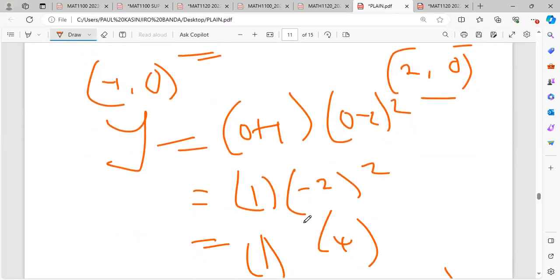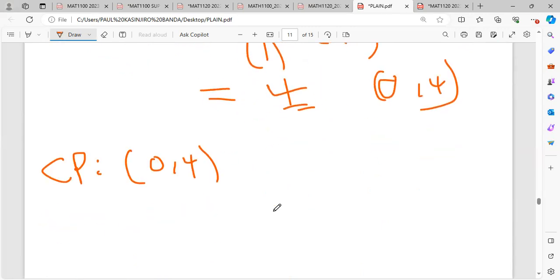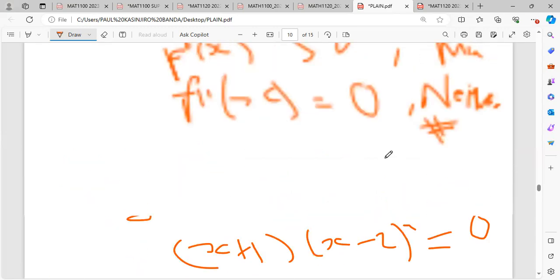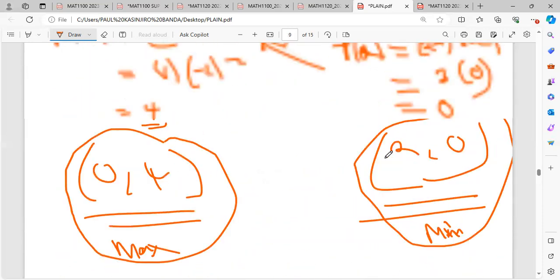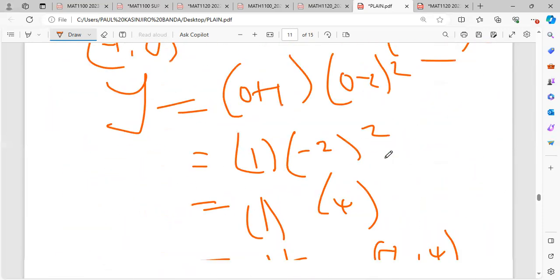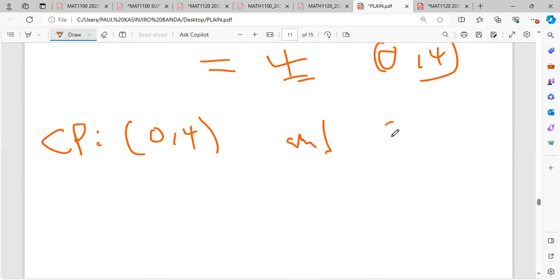Okay. Yes. The x is always 0, okay? So this was my critical point there, (0, 4). Then the other one was, what was the other one? I forgot there. (2, 0), okay? So (2, 0), okay? Then we said this was the maximum, okay? Then this was the minimum,